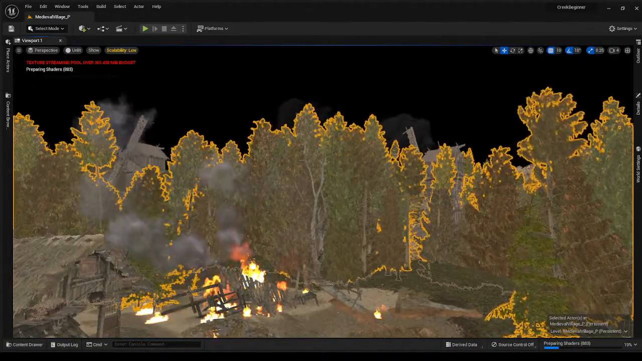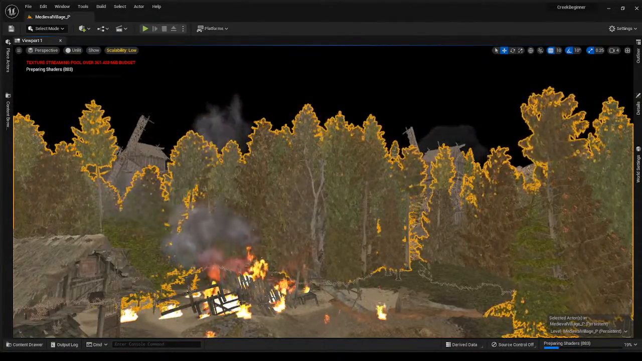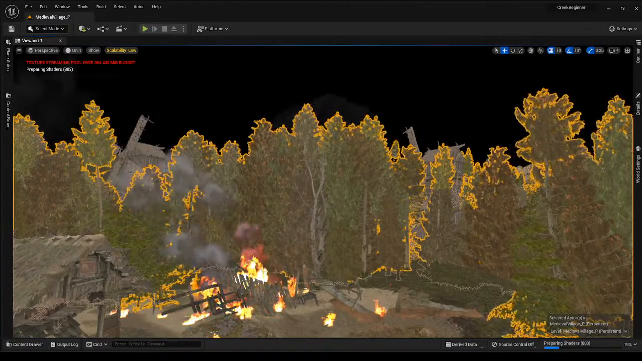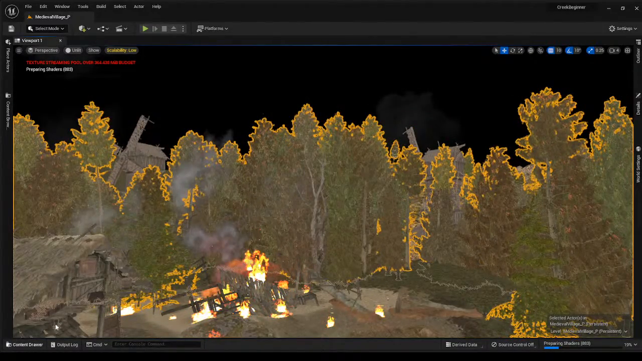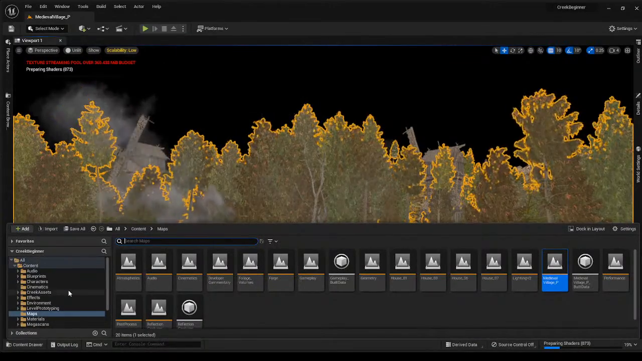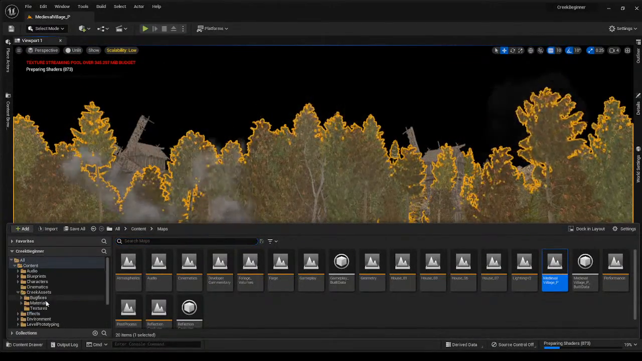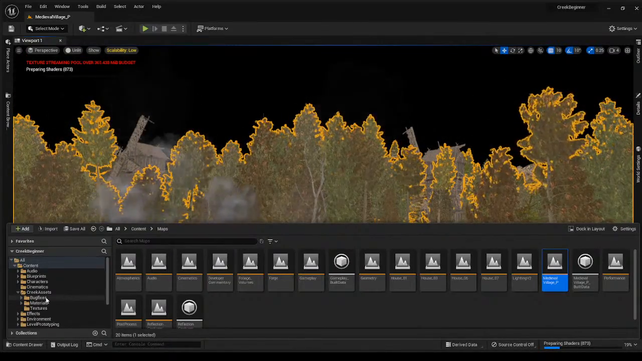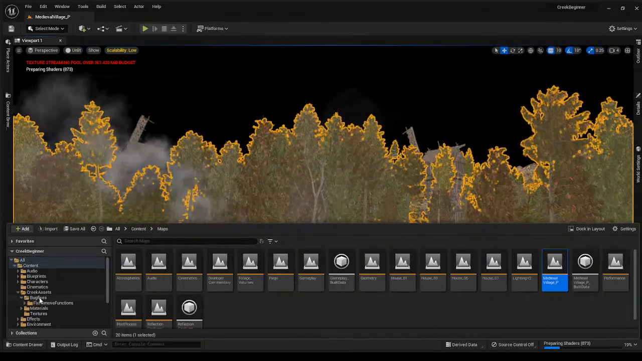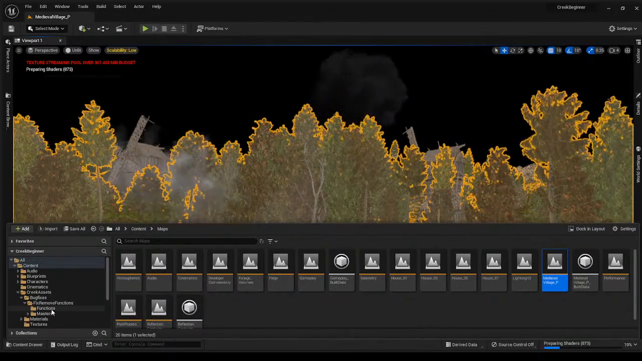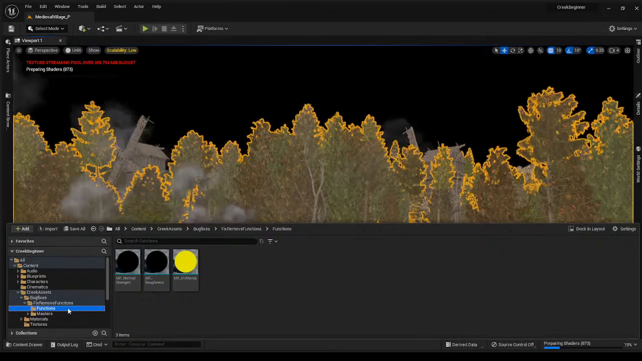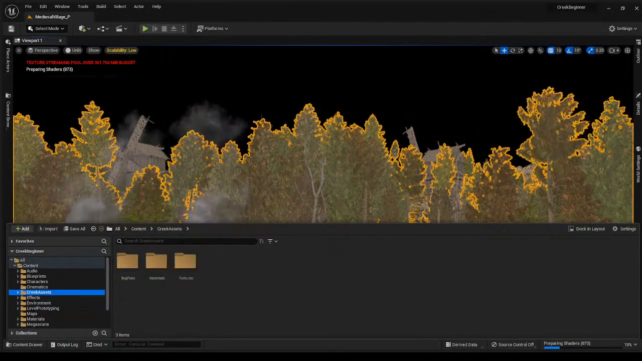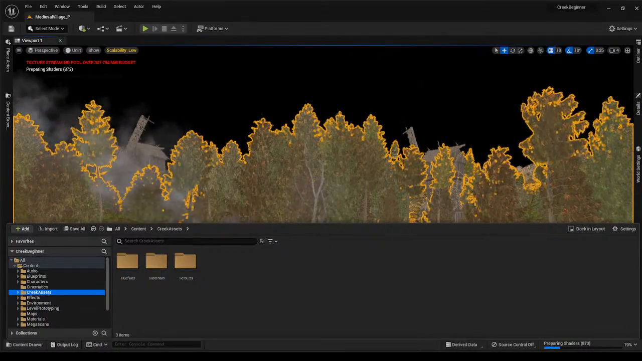So what I'm going to do is press Control and Space. And within Creek Assets, I already created a blueprint that will do everything for you. So if we just double click this blueprint,